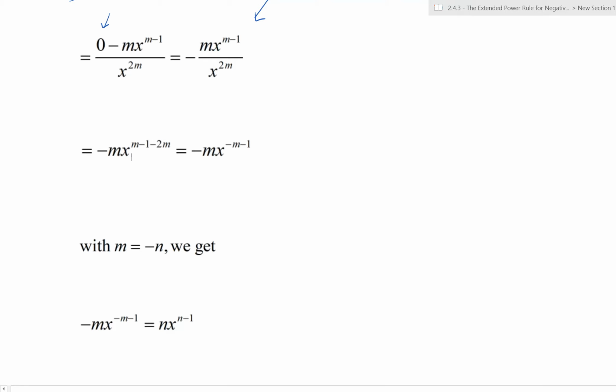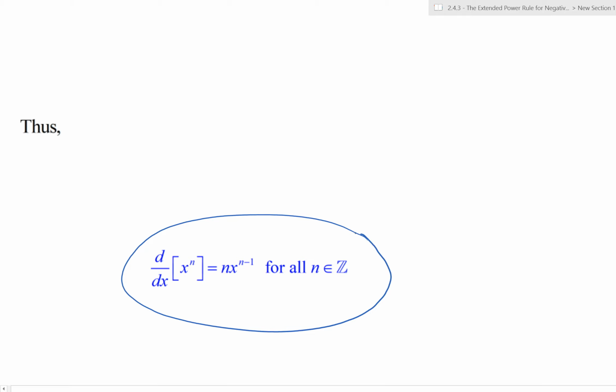Thus, the conclusion is that the extended power rule, the derivative with respect to x of x to the n, is n times x to the n minus 1. And now that is true for all integer values of n. Remember, Z here, that symbol just represents the set of integers, positive and negative whole numbers, including 0. So it's true for all integers now. So that's nice,